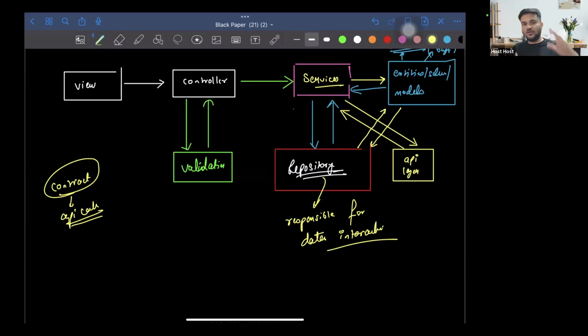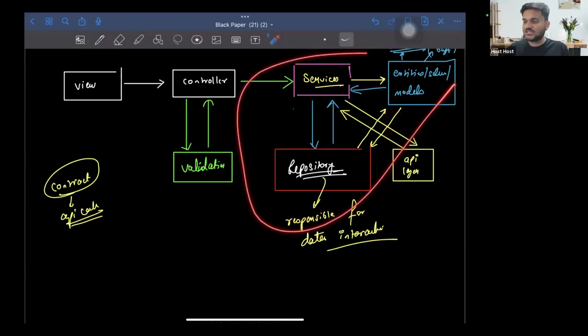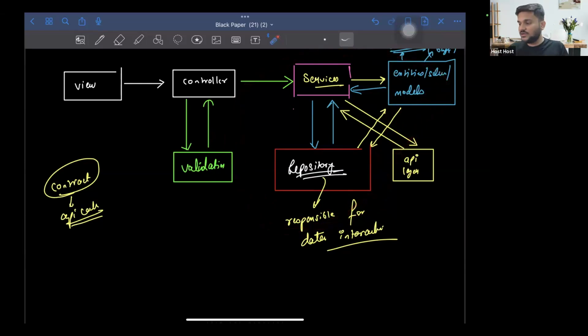Send it to me. Now, when you have to send all of that data in the JSON, let's say Java doesn't understand JSON, right? For Java, everything is what? POJOs or your plain classes, right? So now you have to interact with these classes as well. You have to prepare these classes as well. But these classes have no part to play in your business logic. You need these classes to actually interact with some third-party APIs. That's where